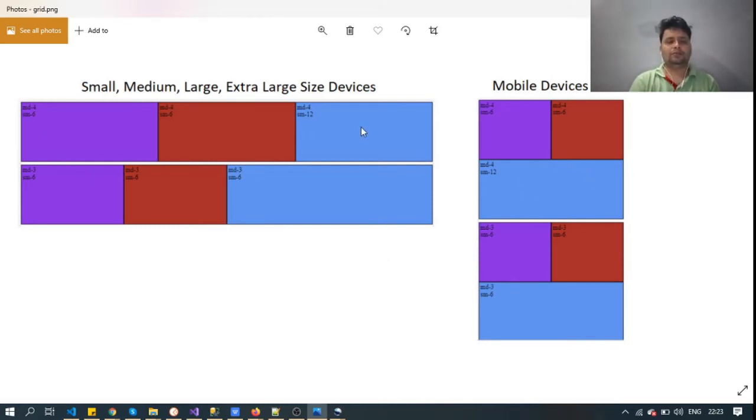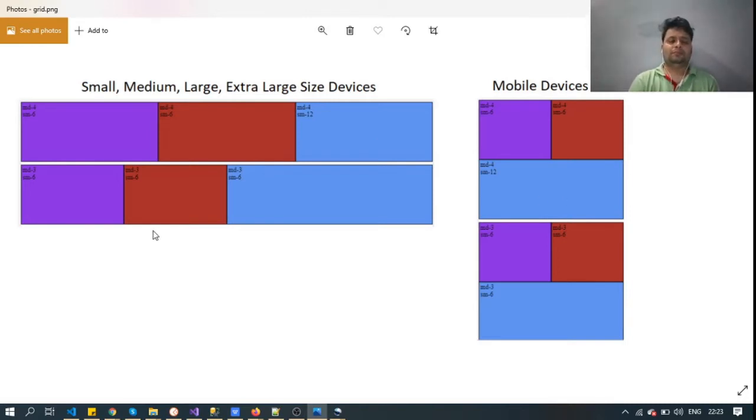The first row is now divided into two different rows, in such a way that the first two columns are rendered in the first row with equal size, and the third column is in the second row.